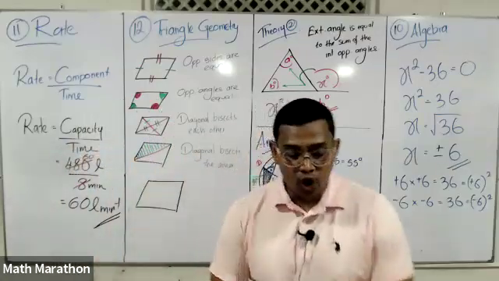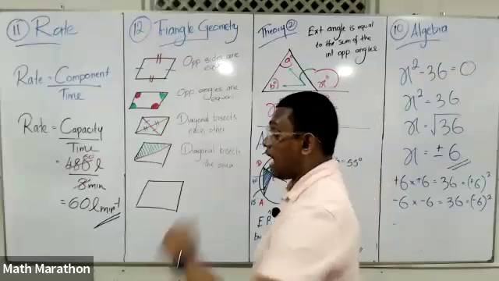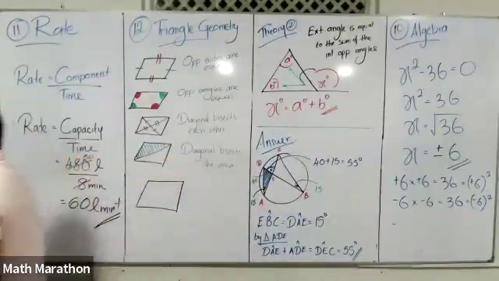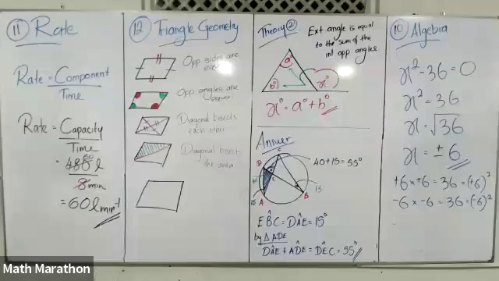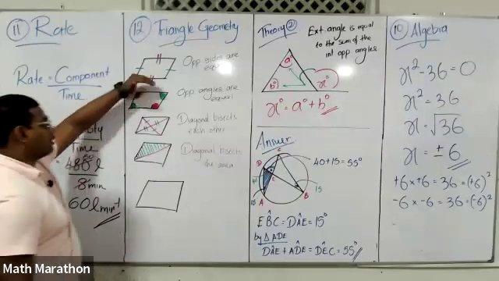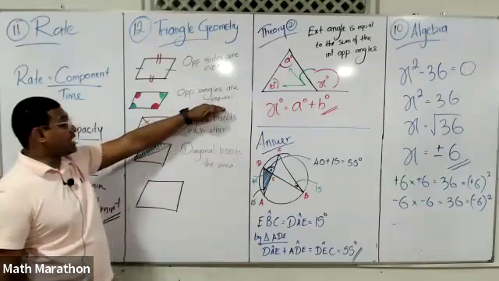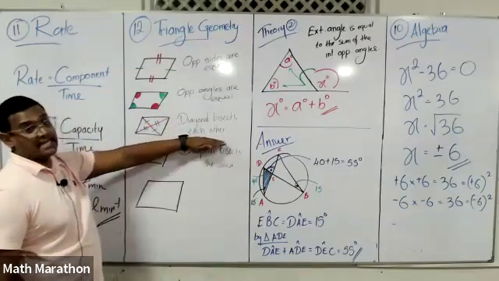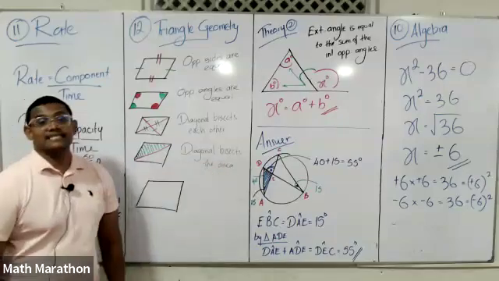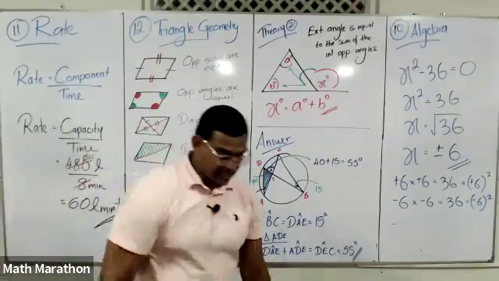So these four are very important because these are the four properties of a parallelogram. Opposite sides are equal, opposite angles are equal, diagonals bisect each other, and the diagonal bisects the area. The properties